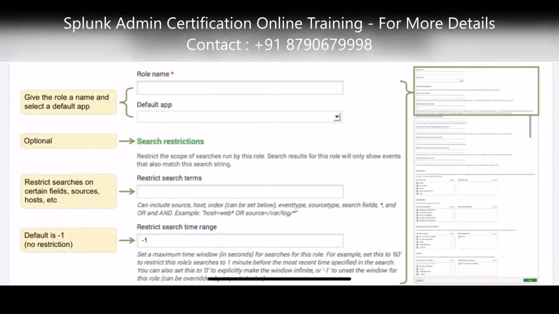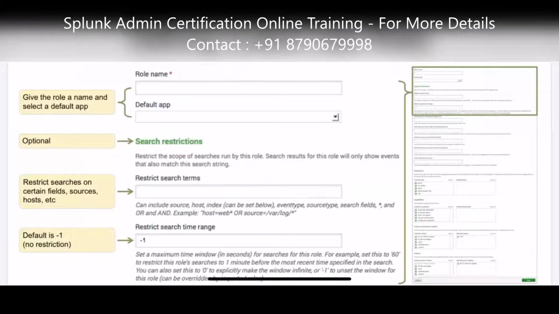You have to provide a role name and the default application. The default application will be search and reporting, but if you want to change it, you can change the default app. The default app is what opens when you first log into Splunk. If you give search and reporting, it will directly open a bar to search something.